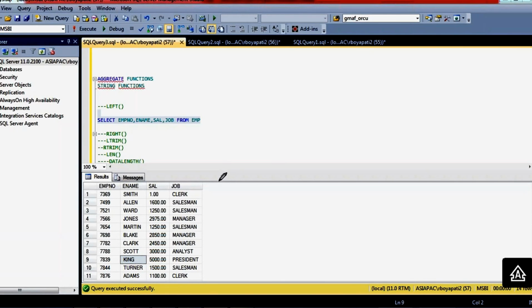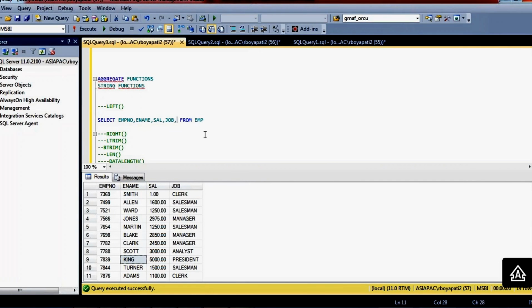I am going to derive a new column here, L employee name. So I am applying a function on the employee name, 2 characters from the starting. What are the 2 characters from here? SM. What are the 2 characters here? AL. What are the 2 characters over here? WA.